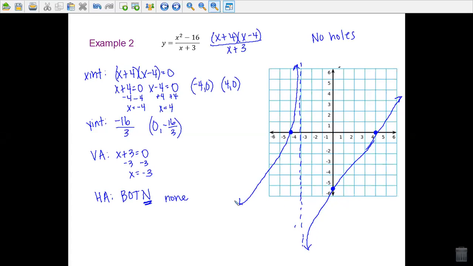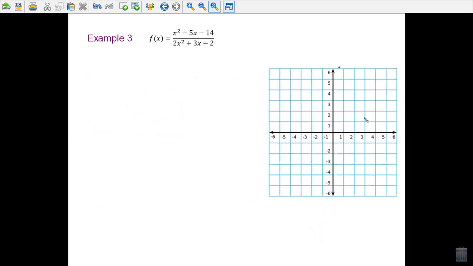Now, this is a hot mess of a sketch, but you get the idea. It's kind of hard to draw on these little tablet things without being able to see it. But there's our example 2 with no horizontal asymptote, and you can see the idea of the slant asymptote or the oblique asymptote. And our last example, all right, we've got x squared minus 5x minus 14,